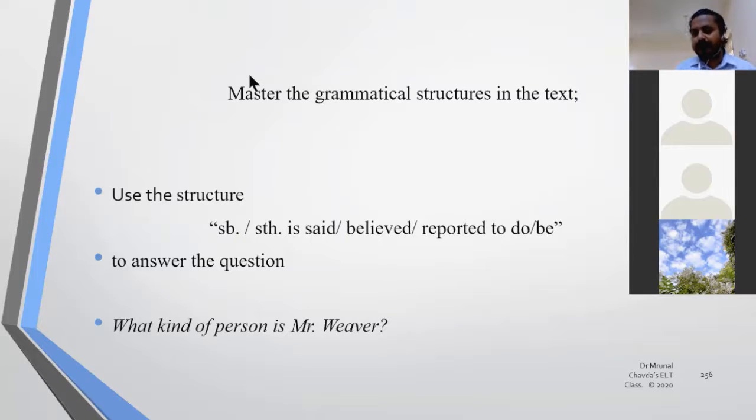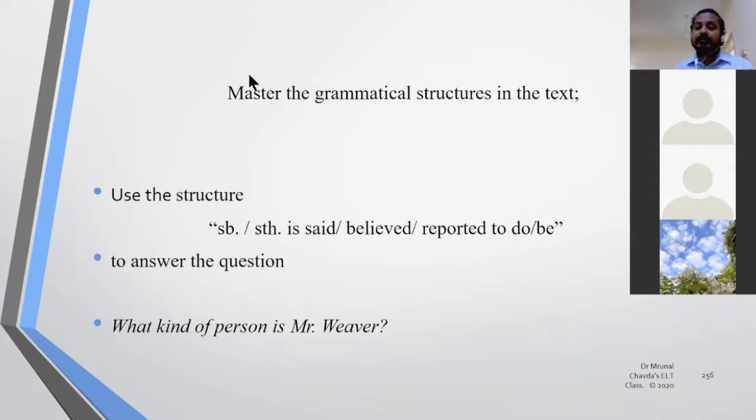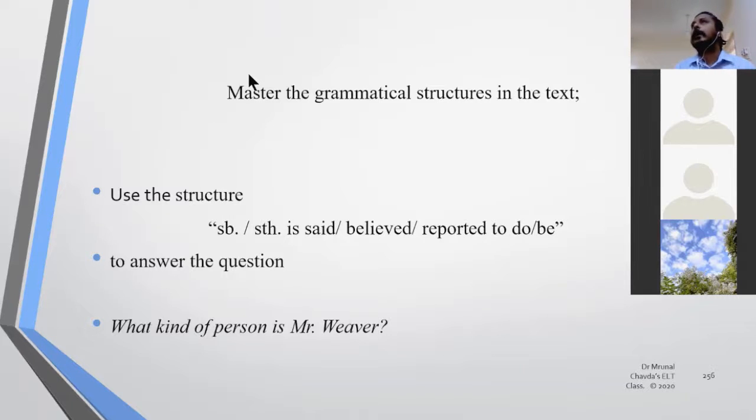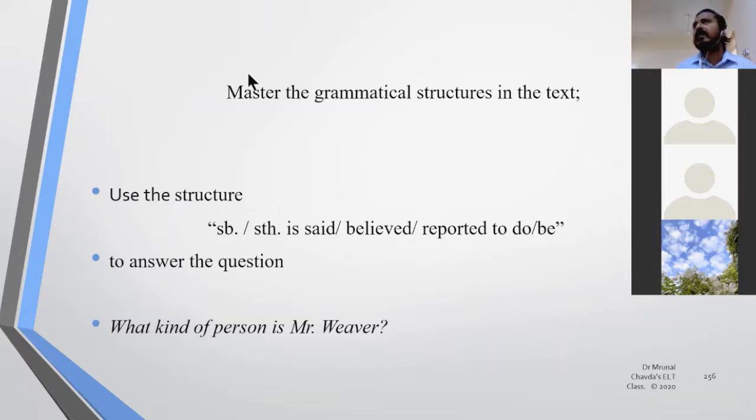somebody is said to be ill, somebody is reported to, somebody is believed to, something is believed to be fishy. So you give this structure to the students, that this is what you have to speak. You have to come out with a sentence while you are formulating your sentences. So somebody can be replaced with the name of the person, like